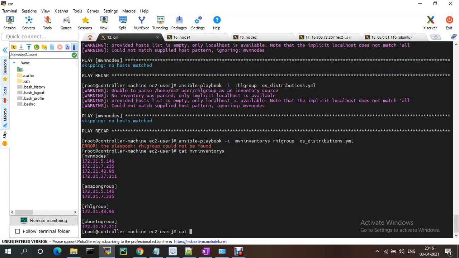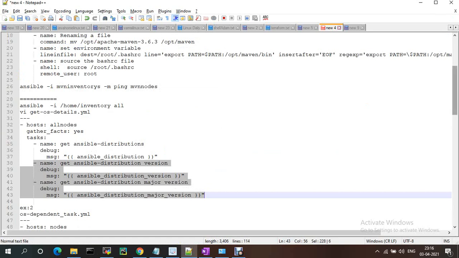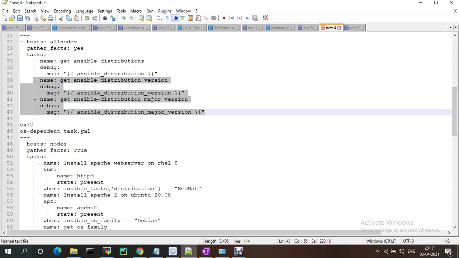In os_distributions, we gave the group MVN nodes, so it gets all of them. Instead of that, if you give only the RHEL or Ubuntu group, only that particular group will be pinged and shown here.